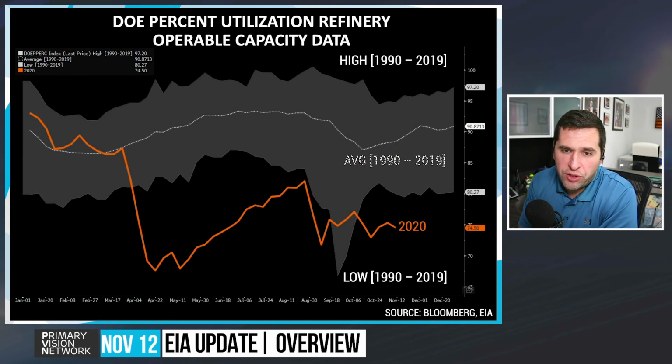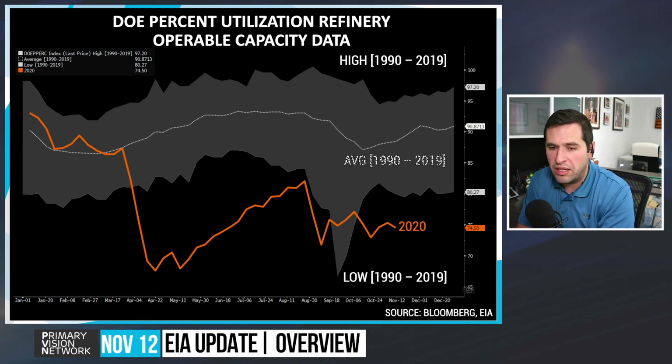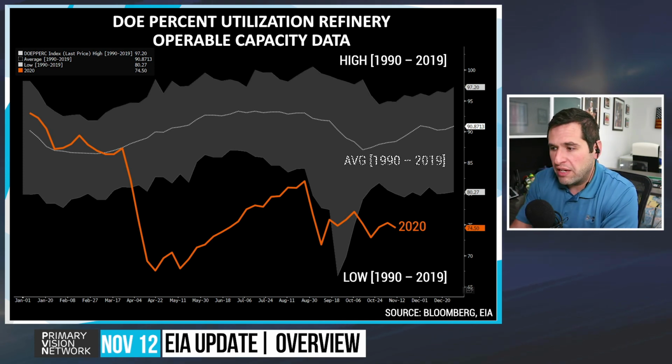Now, when we look at refinery utilization rates, again, we had that shift down, and this is just looking at the last 30 years or so, and you can see that we just continue to make those lows. And there's really nothing telling us at this point, just because gasoline is moving back into those highs. Distillate is falling and getting into a normal range. And at this point, just given where spreads are, where pricing is, where the expectation of demand is coming from, there's really no need or rush to see some of this activity increase, where we actually had some permanent closures